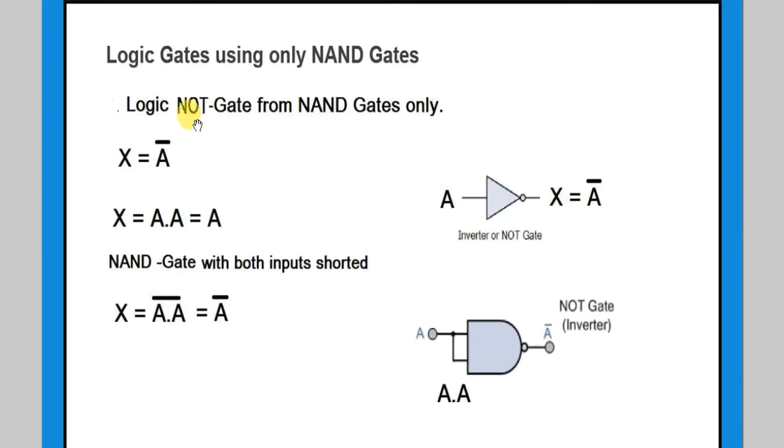The next is the NOT gate. As already we have explained, A is the input, x is the output, A complement we have got. So we can use a NAND gate as a NOT gate by having the two of its inputs short circuited. When we provide the same variable at both of the inputs, A dot A is equal to A, which gives A complement, as an inverter gate we get. So that's how we get a NOT gate from the NAND gate.